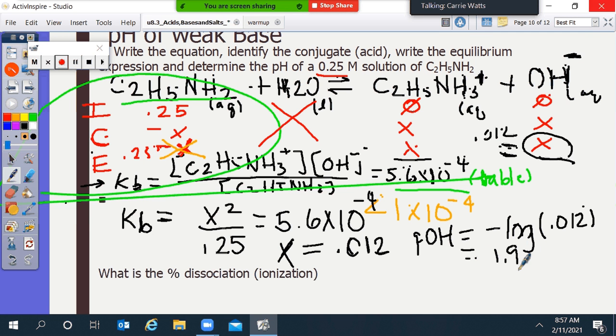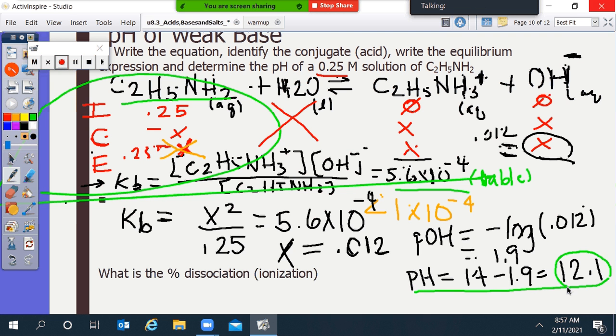Now to get pH, I'm going to use my second formula, which is pH equals 14 minus 1.9. And I get 12.1. So that is the answer to the first part of this question. pH is 12.1. So what I've done is I wrote the equation, I wrote my equilibrium expression, I did my ICE table, solved for my concentration of hydroxide, got my pOH, got my pH,